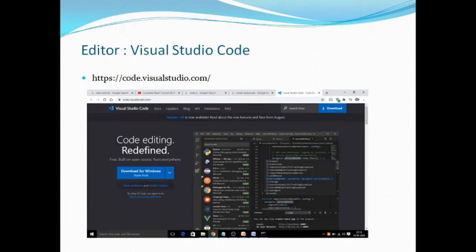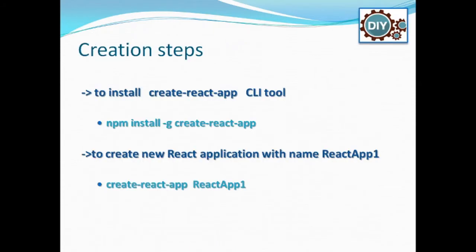Now how do we create our React application? Earlier we had very many steps to create a React application and to create the required configuration files, like build configuration, compiler configuration, etc. But now with React 16 and above versions, we have a command line interface tool, which we call Create React App. It's a predefined tool. When you are working the first time, this tool will not be available with you, so you need to install it.